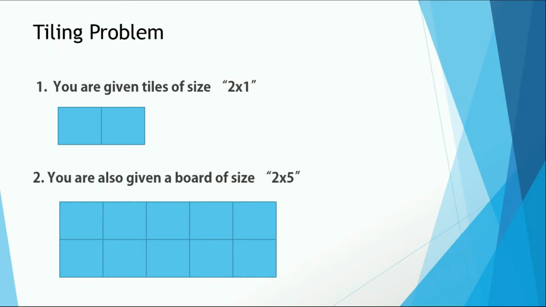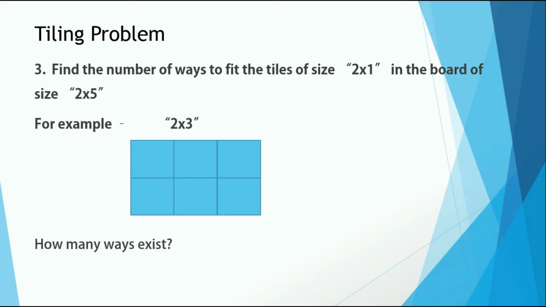You are given infinite tiles of size 2 by 1. You can see it in the figure below. Length is 2 units and width is 1 unit. Now there is a 2 by 5 board given to you like the one you see in the figure below. You need to find the number of ways to fit in the tiles of 2 by 1 in this board